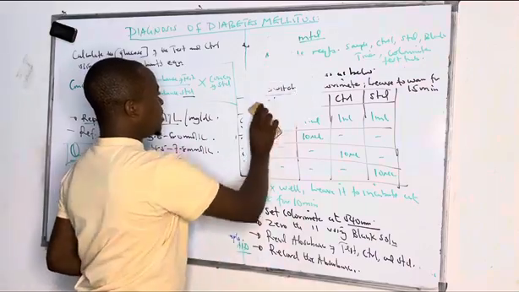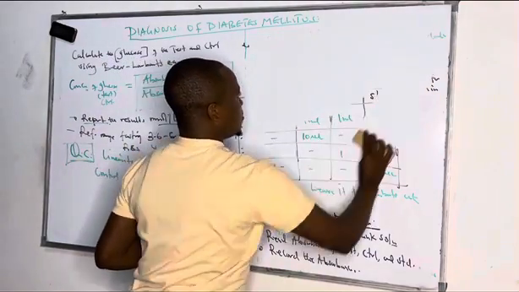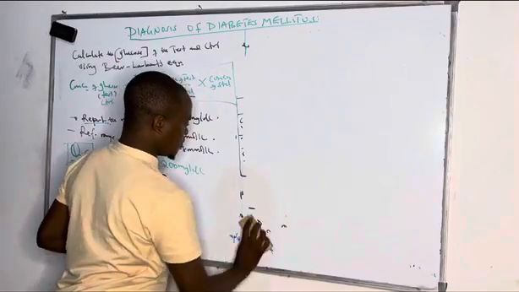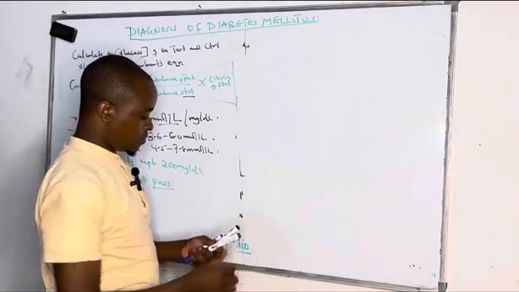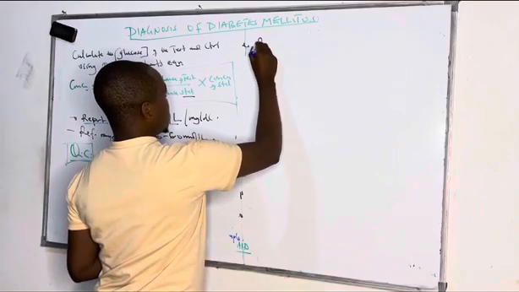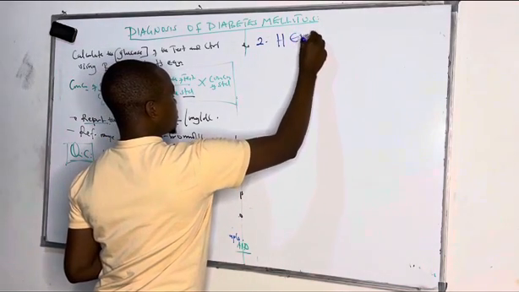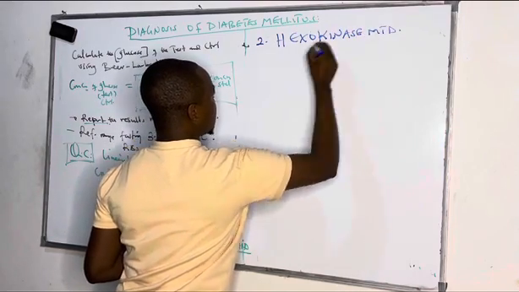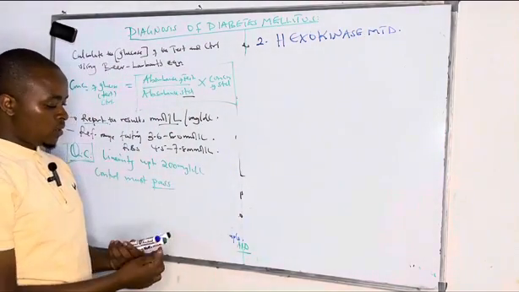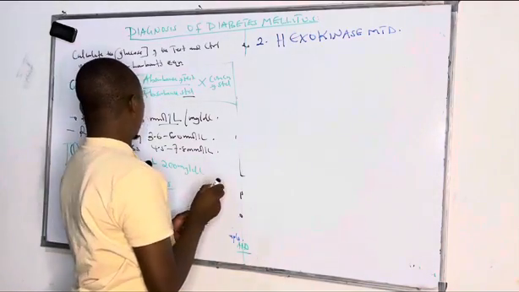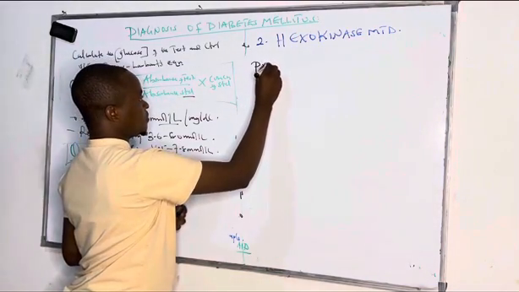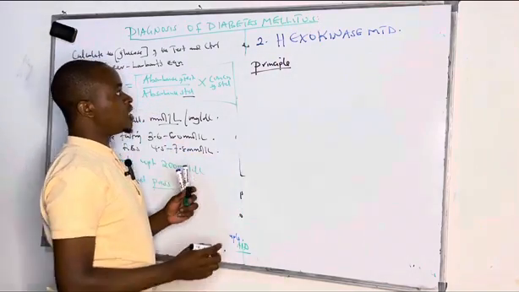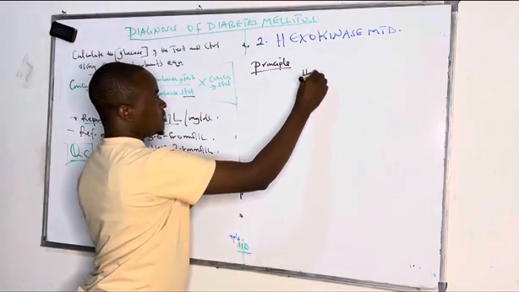Lastly, we want to look at hexokinase method. This hexokinase method utilizes this enzyme known as hexokinase, whereby the principle of this test: this hexokinase is found in skeletal muscles. And in skeletal muscles, this hexokinase enzyme